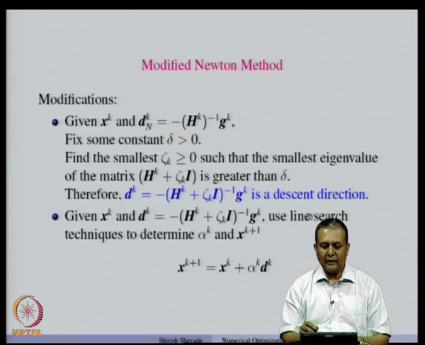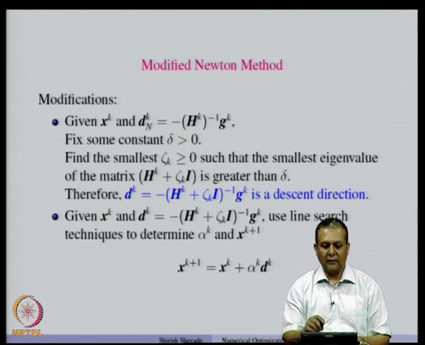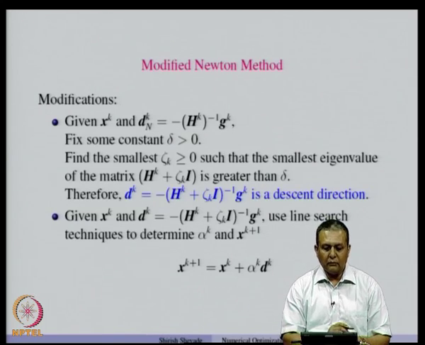Now, if we ensure that these line search techniques satisfy the Armijo-Goldstein or Armijo-Wolfe condition, then we have all the necessary criteria for global convergence of an optimization algorithm: every time the direction chosen is a descent direction, the function value decreases and there is a sufficient decrease in the objective function, then certainly the method is going to converge. Now, the question is how do we get this zeta k?